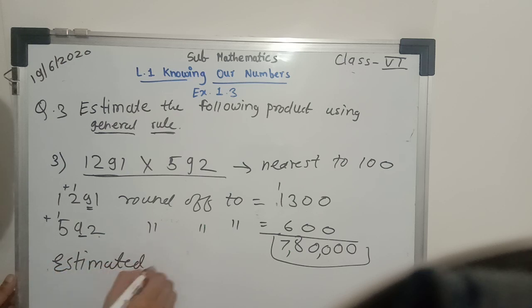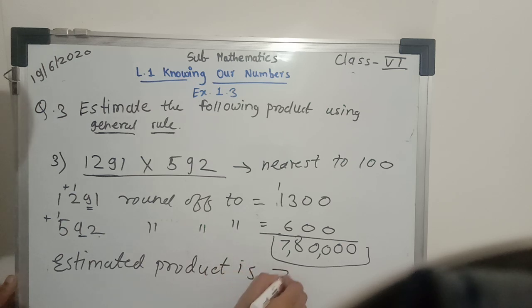So the estimated product is 7,80,000. Okay, now the last example of this session is